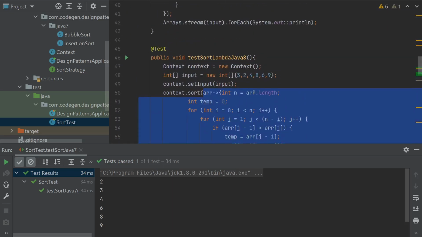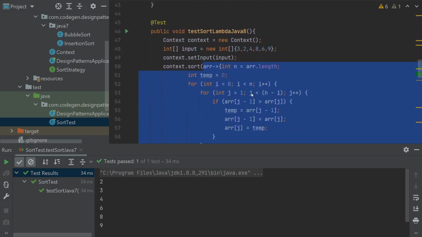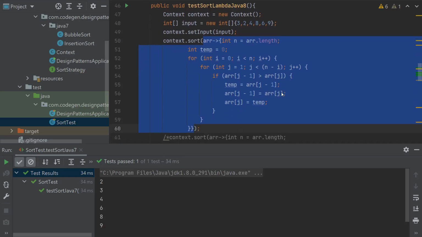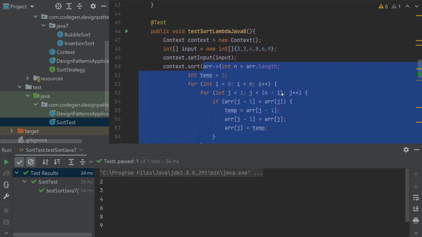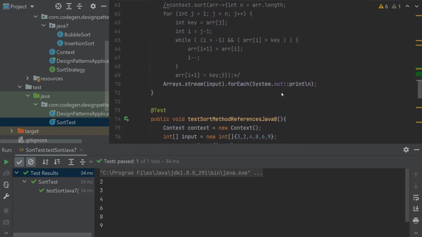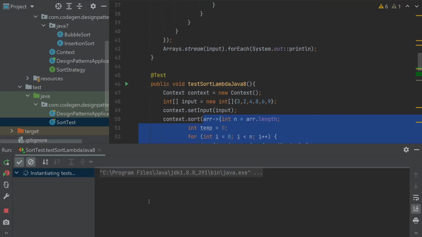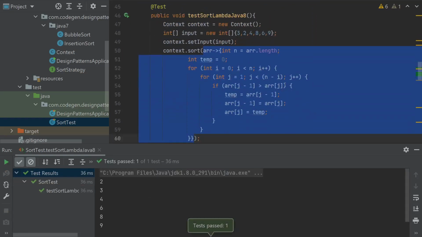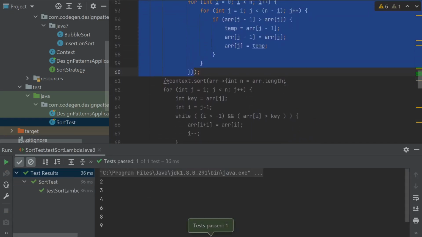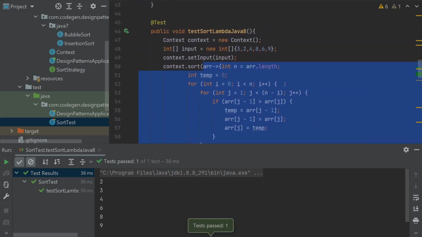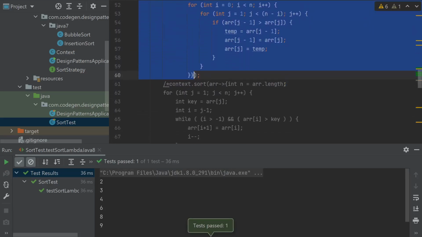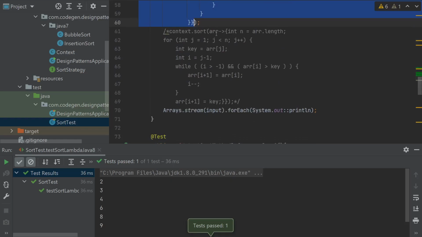If you go this way, we can avoid creating a new class just to represent one algorithm, with the help of a lambda expression. If I run this piece of code, it will give the same output. Similarly, we can change the sort algorithm inline by passing a different lambda expression.